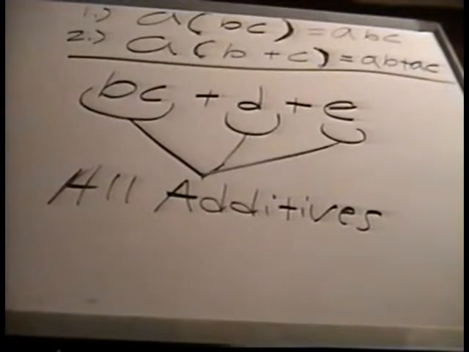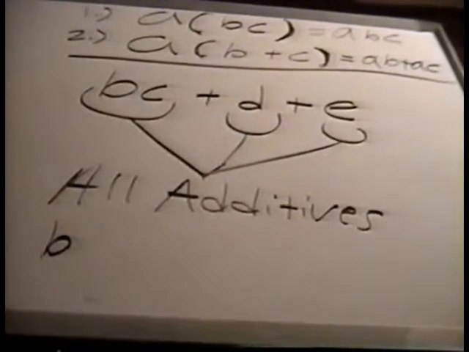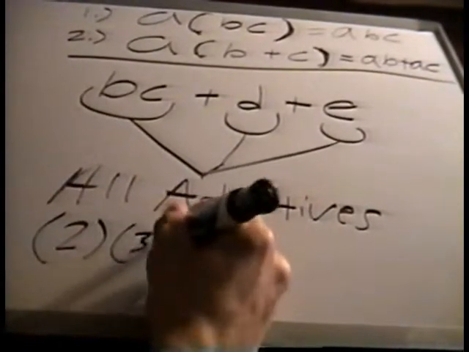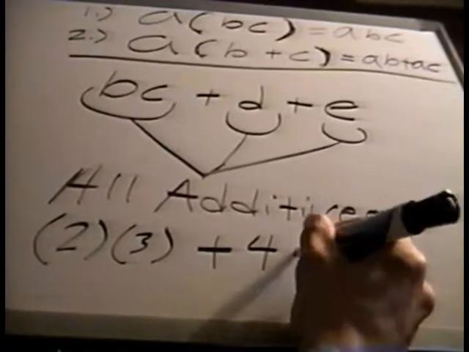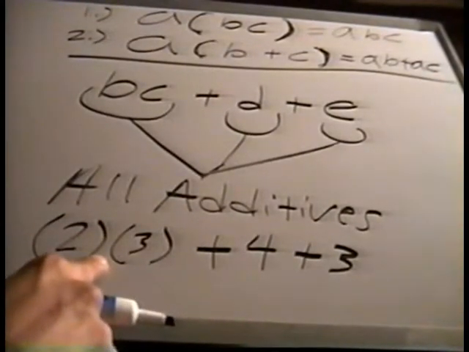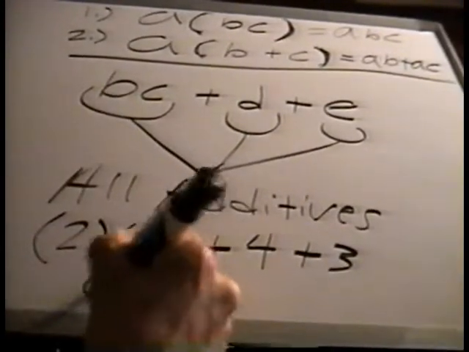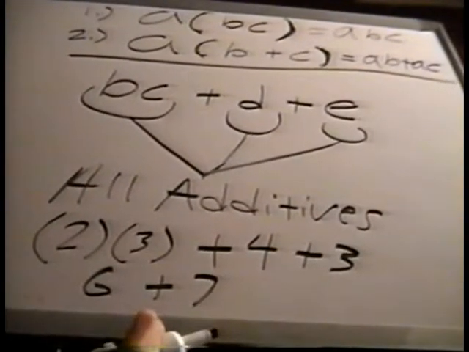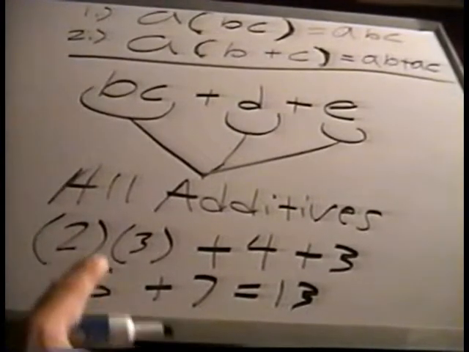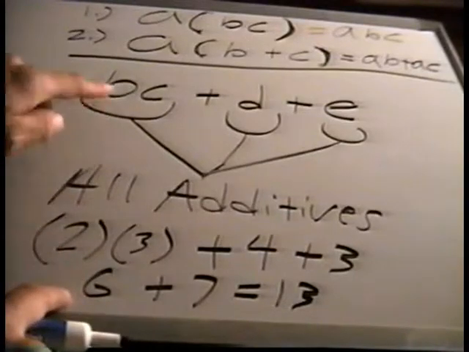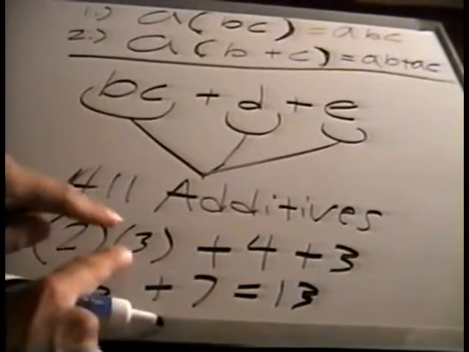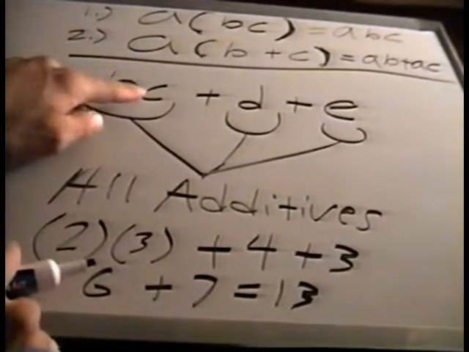We say here, 2 is multiplied by each additive in the addition. So 2 distributed over A plus B becomes 2A plus 2B. It becomes 2A plus 2B. So 2 is multiplied by each additive. We can also say